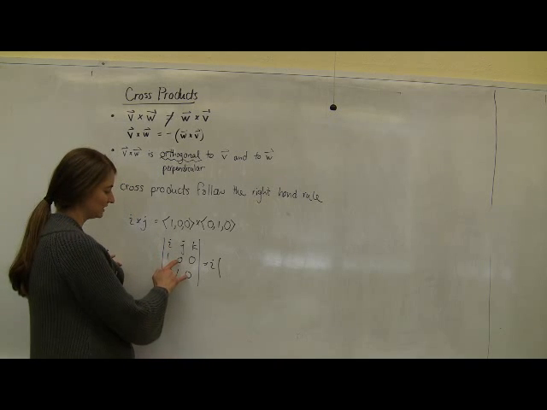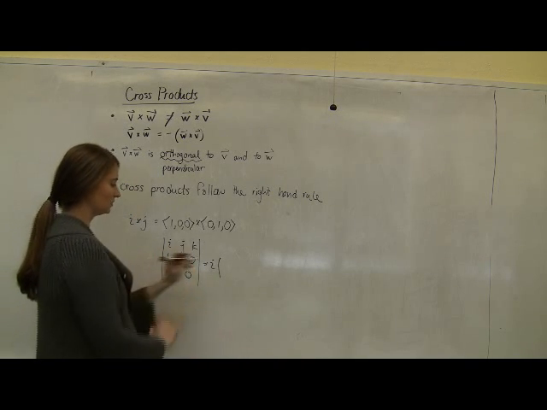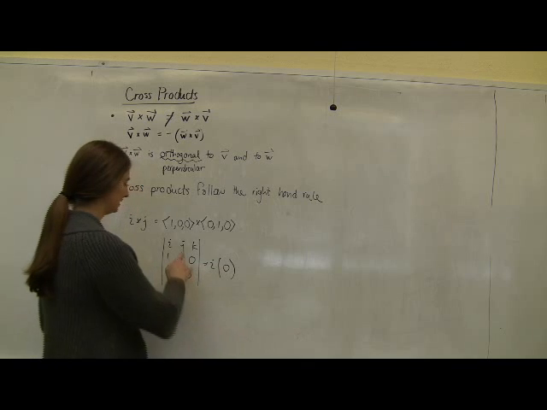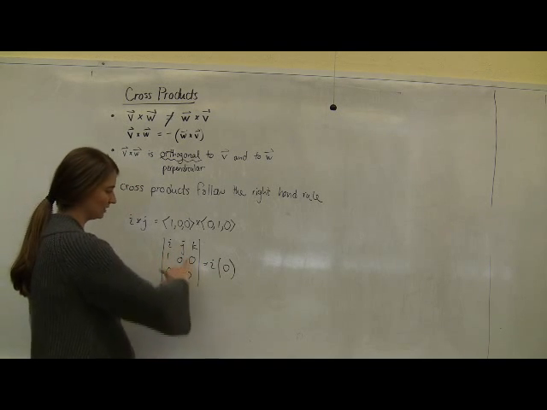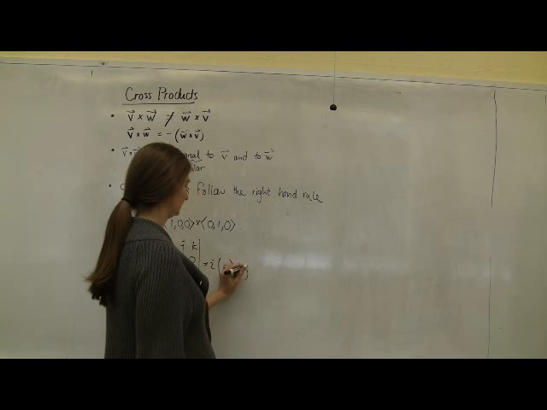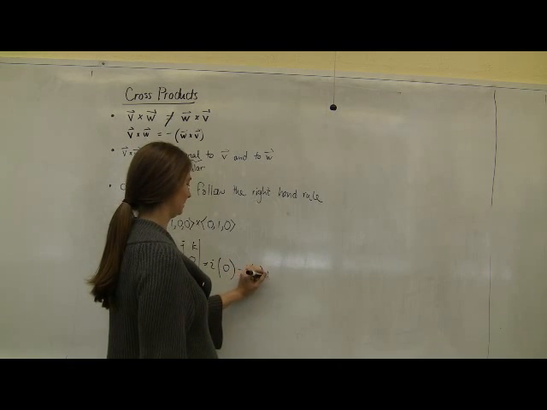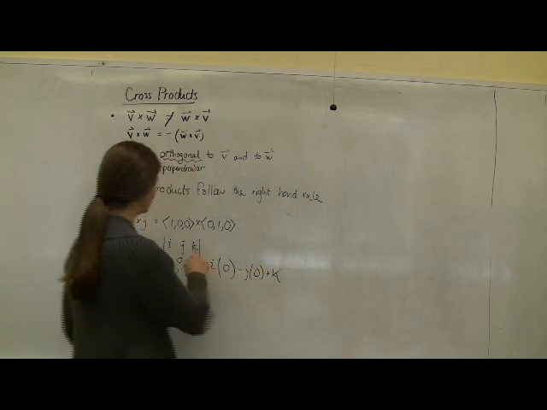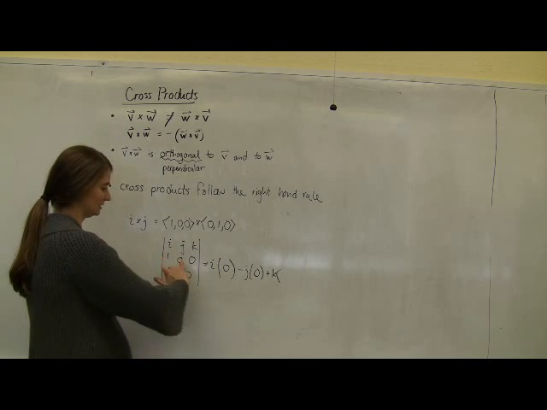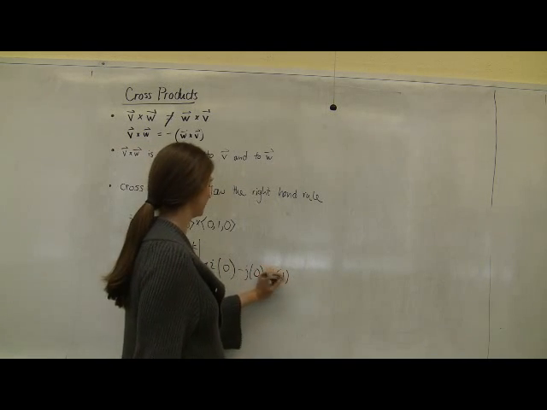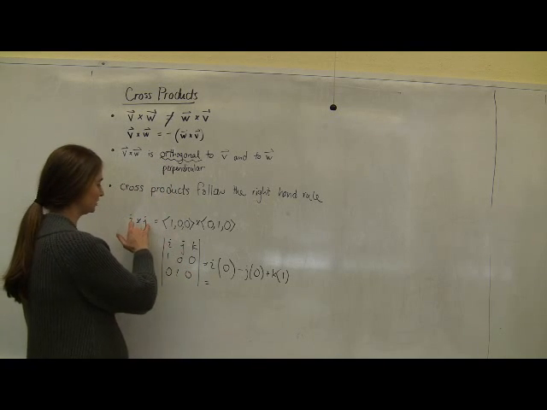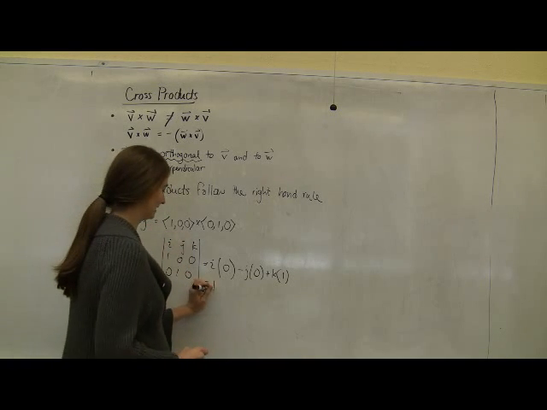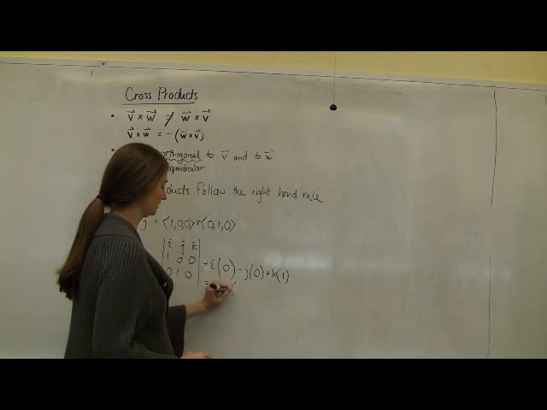I times the determinant of 0 times 0 is 0. J times the determinant of 0 minus 0 is also 0. Plus k times the determinant of 1 minus 0 is 1. So I just found out that when I take I crossed with j, I get k,